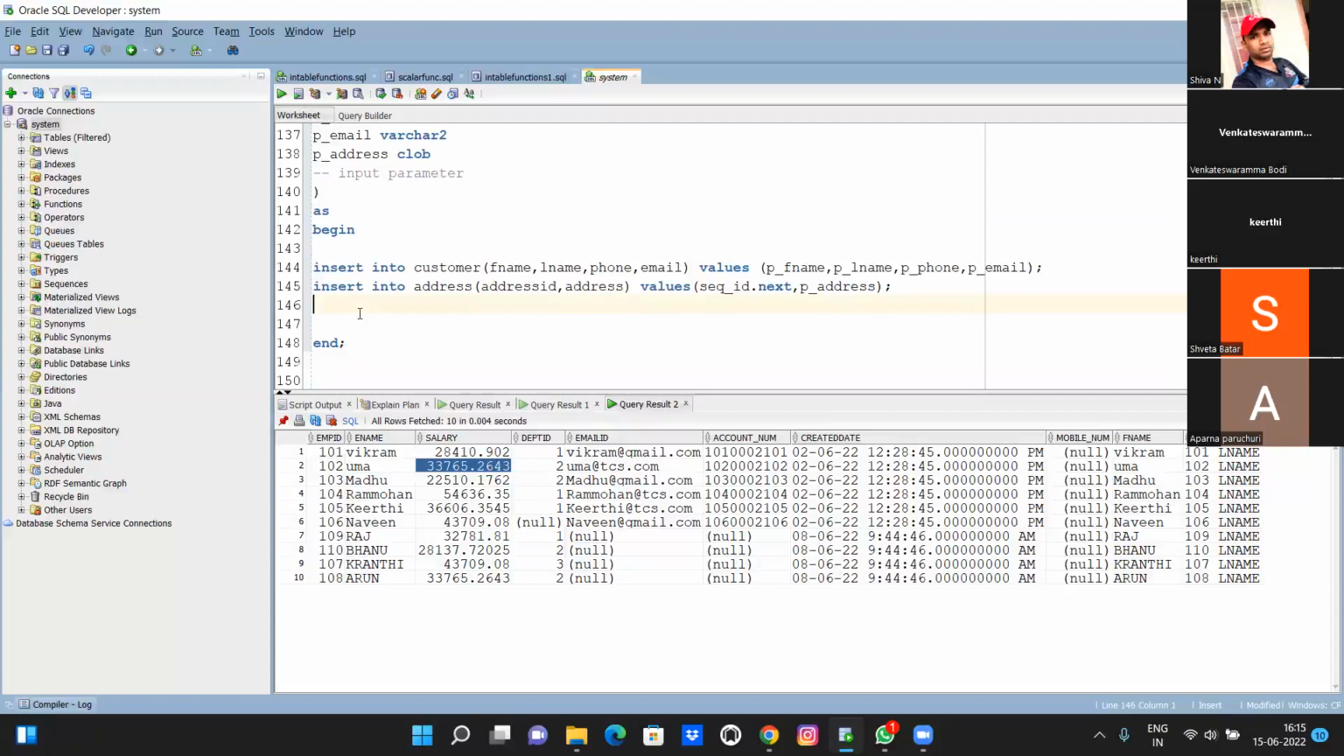If there is any error, then exception, when no data found or these kind of exceptions we will basically receive. No data found or any conversion issues. What are the most, let me explain that one. In most cases we write when others, then insert into